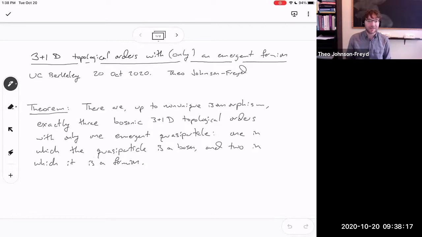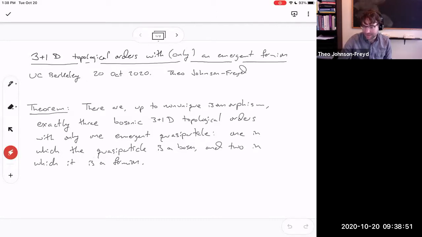And this is just because, as everybody knows, the problem with slides is you can't see what the person used to have on the board and doesn't anymore. So yes, I want to tell you about 3+1 dimensional topological orders. And I'm kind of excited about it because it's the thing I've been thinking about for the last few months. So hopefully my paper will be out maybe even this month, certainly by the end of November. The result I want to tell you about is a classification theorem.